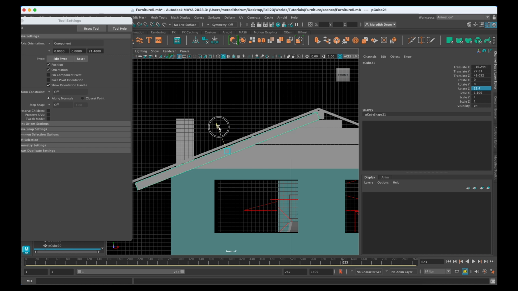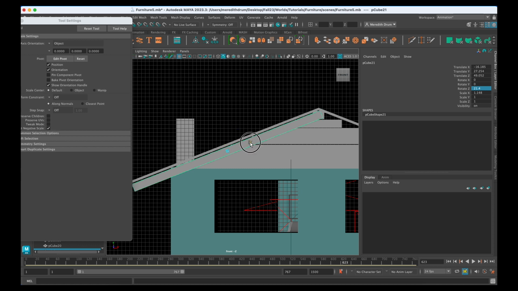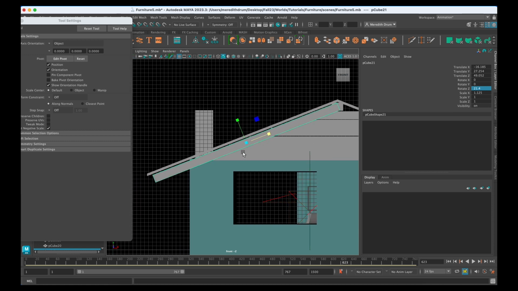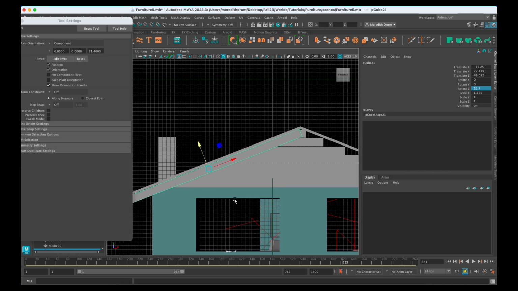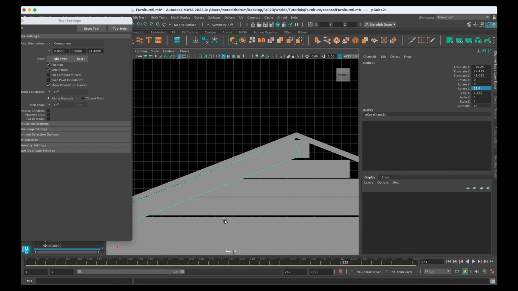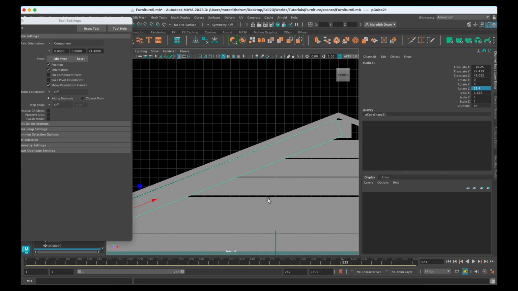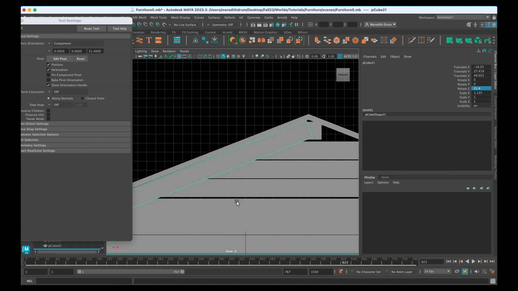Again, that's a really useful thing to know how to do. I'm just going to scale it a little bit more so it kind of hits that edge at the top. Maybe I won't have it go all the way to the edge of the eave. Again, it's really up to you, and you could scale it here, maybe